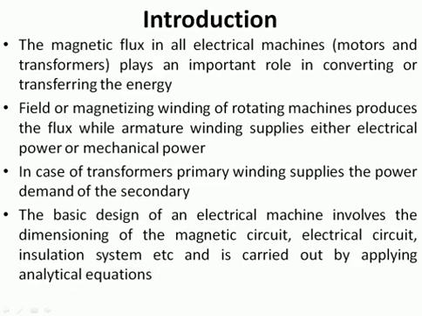Similarly, if you are looking into the case of a transformer, in a transformer also the electric circuit mainly involves the primary winding and secondary winding. The magnetic circuit consists of the iron core. So here also you have to design both this electric circuit and magnetic circuit independently. The design pattern which you are using for each machine will be unique. That means just like how you are designing DC machines, you cannot design the AC machine. So for each machine the design pattern is also unique.